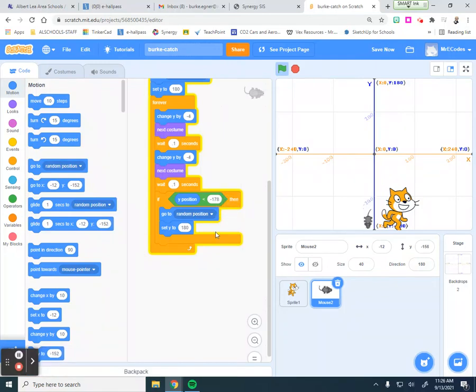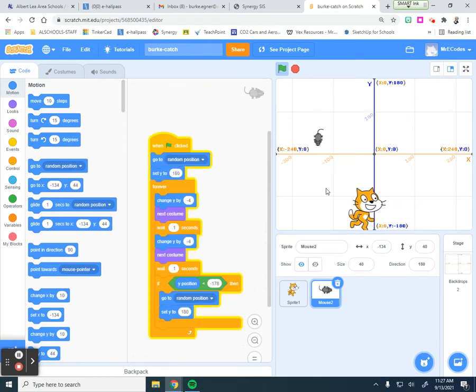Okay, this video is going to talk about how we set this up. We've got our sprite falling. I've got the mouse falling to Scratch Cat, but I don't have anything that happens when they touch. The mouse just runs right over the top of Scratch Cat. So what I want to do is set it up so that when Scratch Cat touches the mouse,